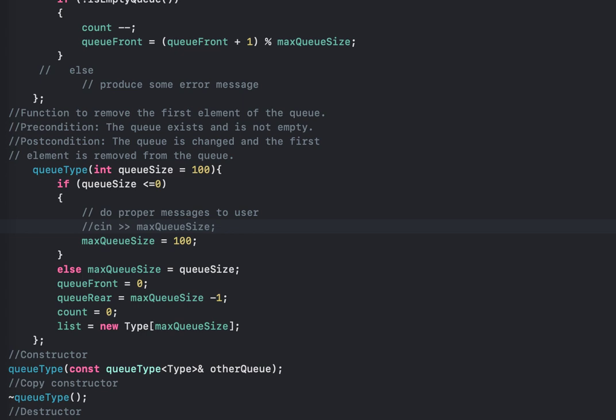So if the queue size is less than or equal to 0, we basically go ahead and put the maximum queue size to 100 because that's the default value. Otherwise, we get it from user, set it up as user wants, and move from there. Okay. The array to store the queue element is created dynamically here. Therefore, when the queue object goes out of scope, the destructor simply deallocates the memory occupied by the array that